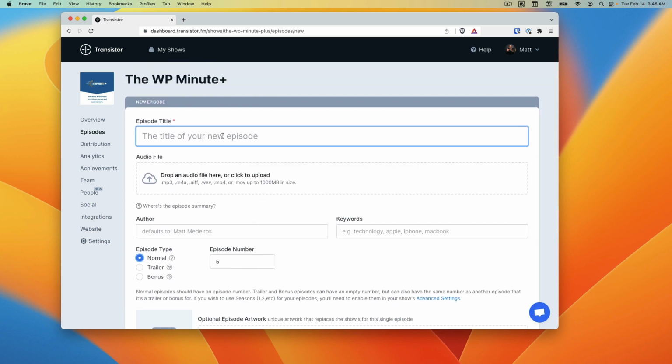You would give your podcast episode a title. What are you going to call it? This is what's going to show up in podcast players, Apple, Spotify, Google, other podcast directories. Then you would upload your audio file. You can see all the different file extensions that are compatible, MP4 movie up to 1 gigabyte in size or